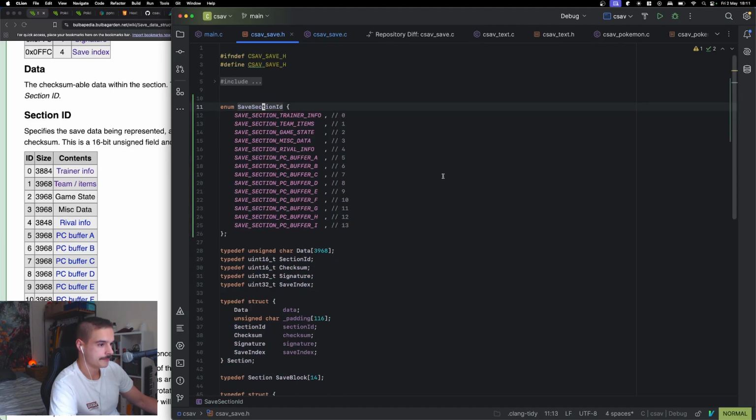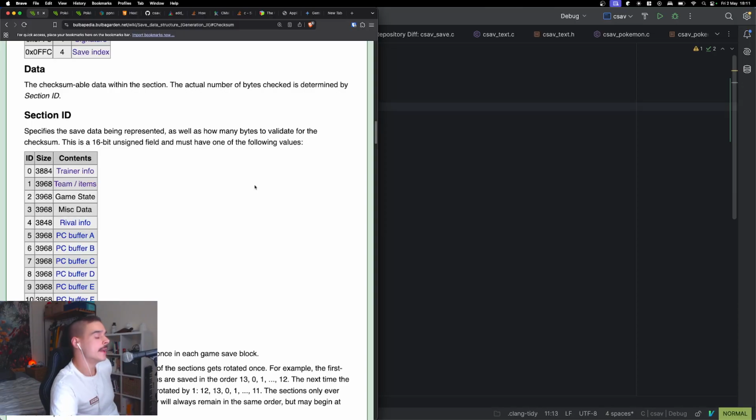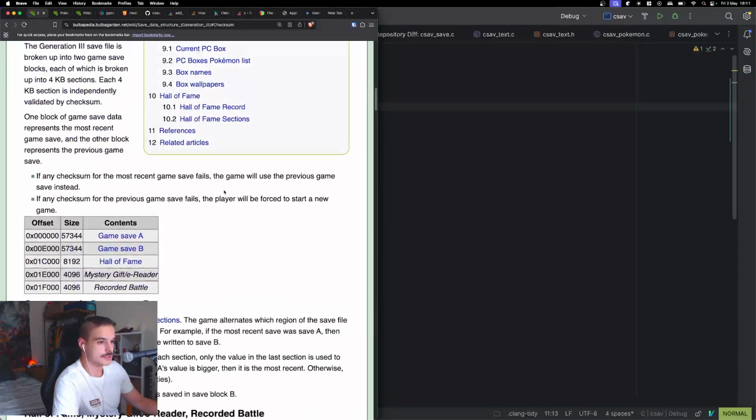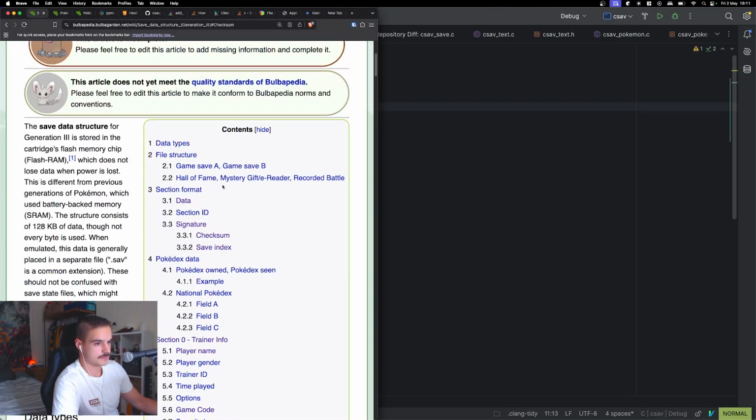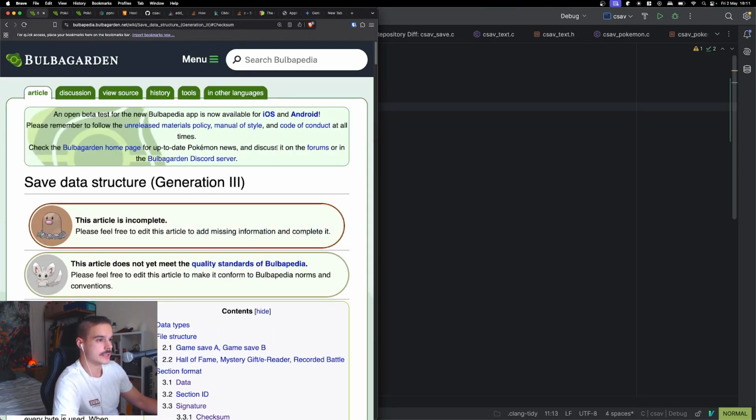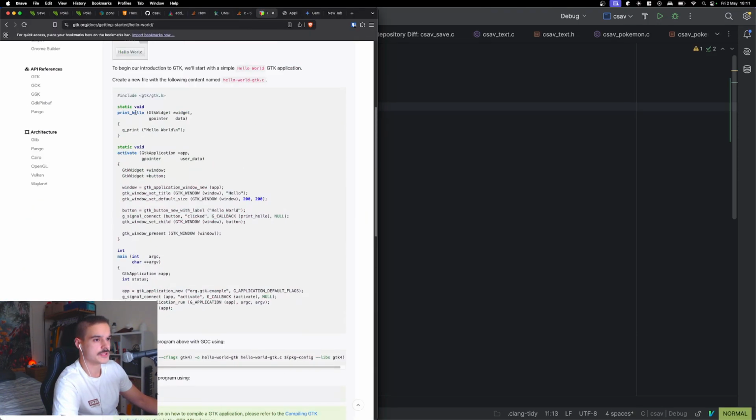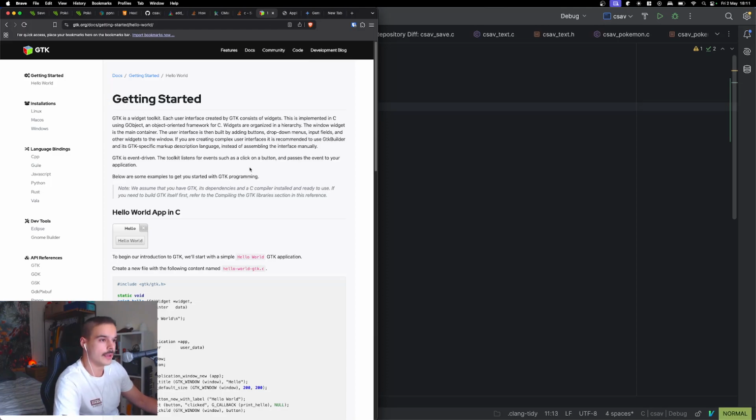So that's that, but that is not the bulk of what I wanted to do today. I was thinking a little bit more about what I actually want to do with this. First of all, if it's actually going to be a save editor with a purpose, then how is a user going to actually use something like this? So I was doing some reading about different